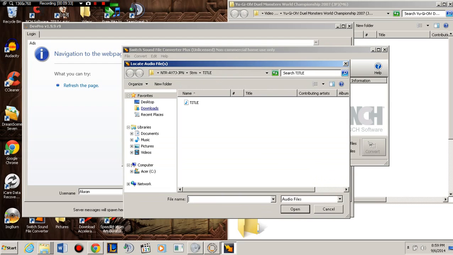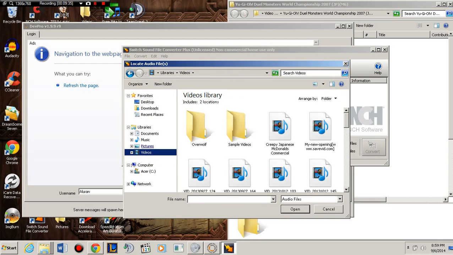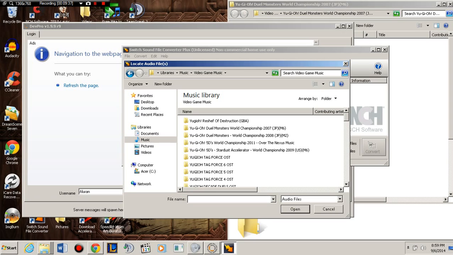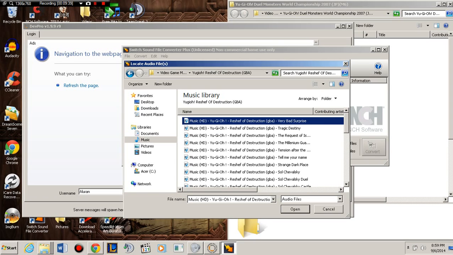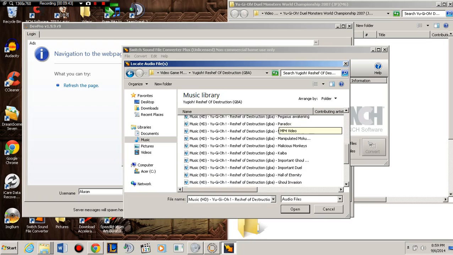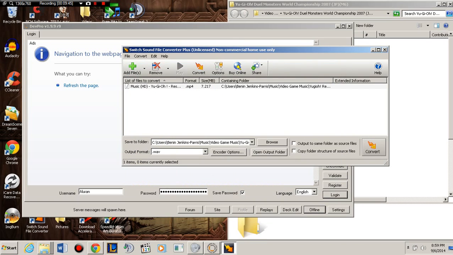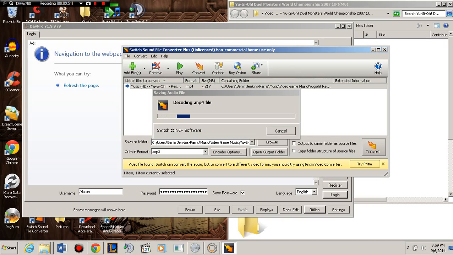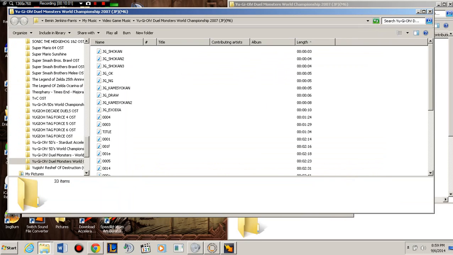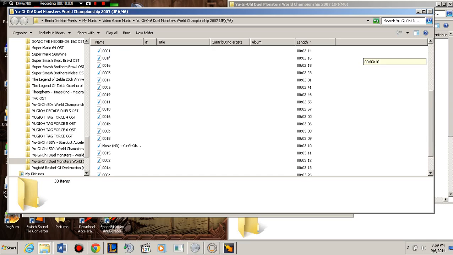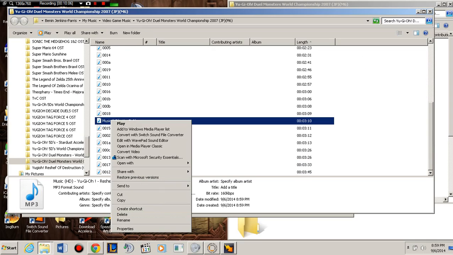It definitely lets you do what you need to do. We're going to go to music, video game music. We're going to go to Retro of Destruction, and we're going to pick Important Duel. We're going to change it to MP3, and we're going to convert that. Now it keeps sending stuff to this folder, so I'm going to cut this for now,